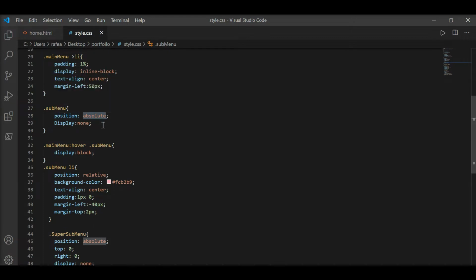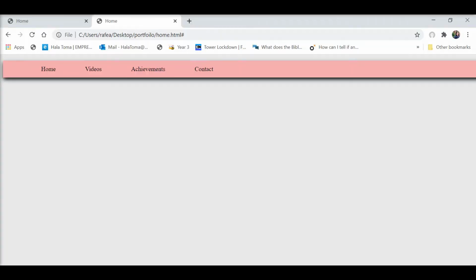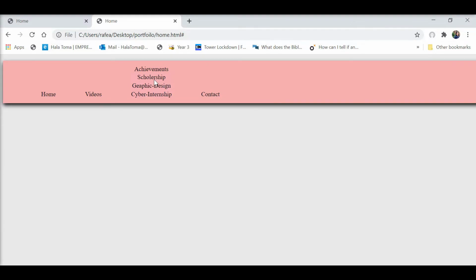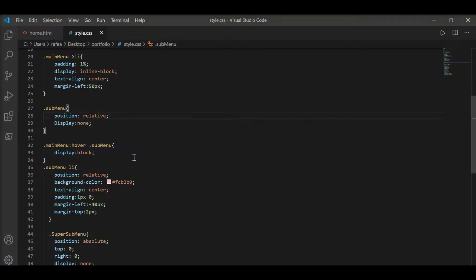For example, if we didn't give it absolute, like if it's relative, see the difference. Okay, let's get back